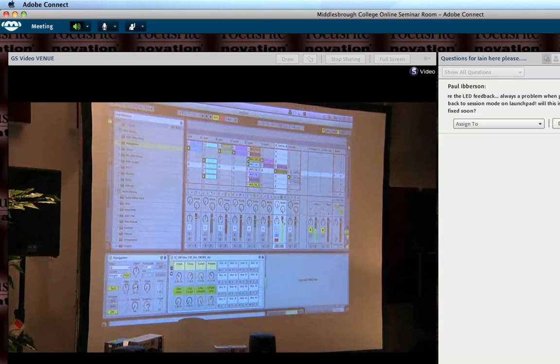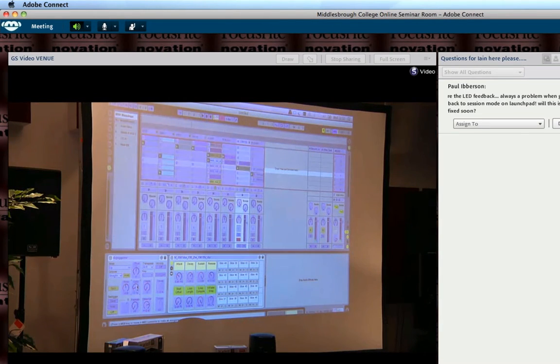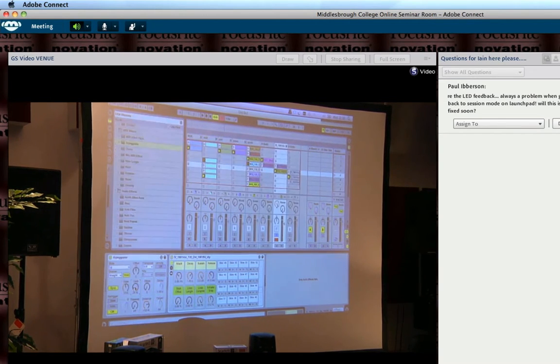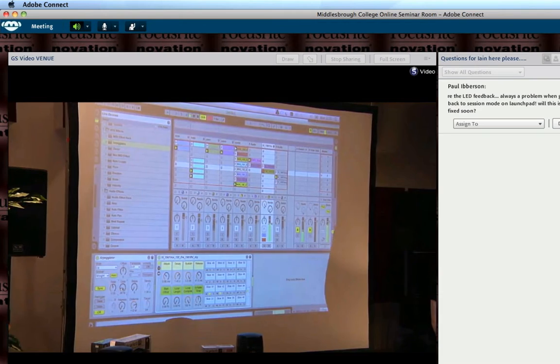Then if I wanted to control the rate of that arpeggiator, again, simple as it gets, just assign a control to it, and then maybe one to the gate as well, so we can manipulate the gate time. And then we've got the ability to